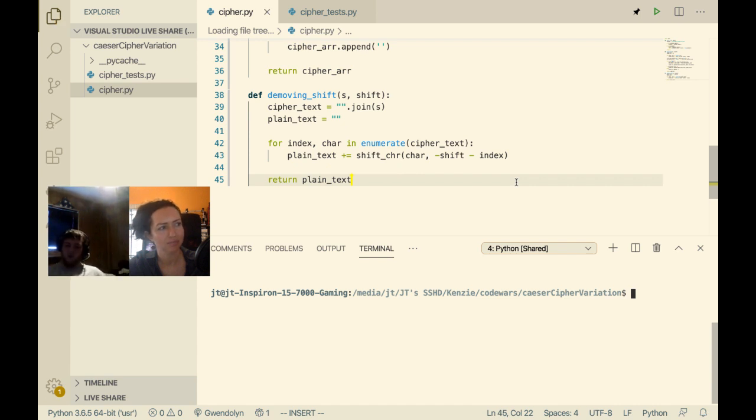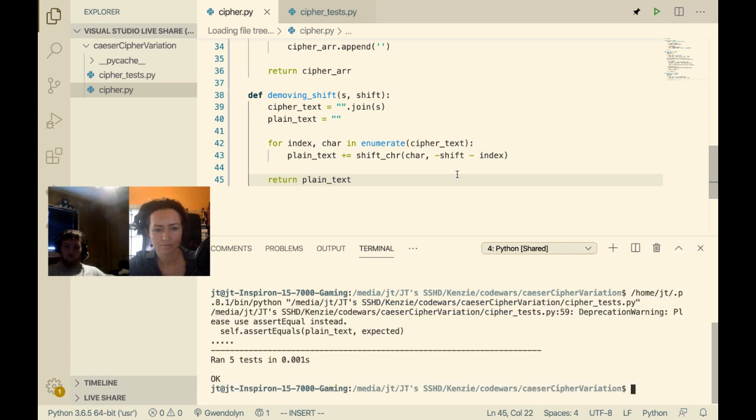Because it's giving us an array, and it's saying start the first one, shift by 1, and then shift each one to the left by an increasing number. So that works, and we should be okay. Let me try to run the test functions. Yes. Sweet. It passed all the tests. Awesome.